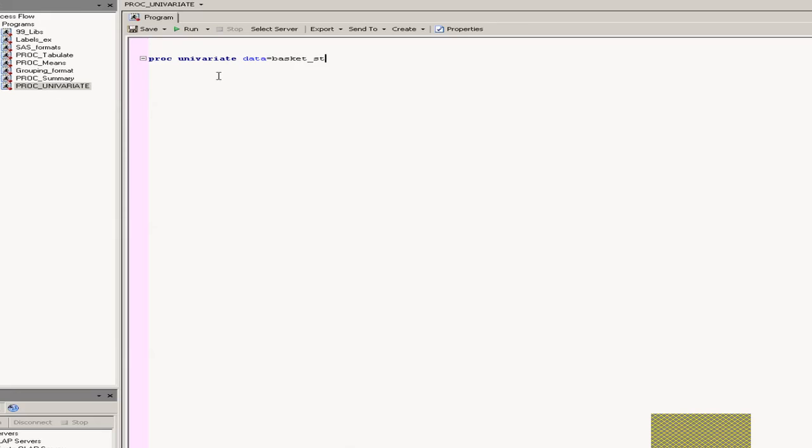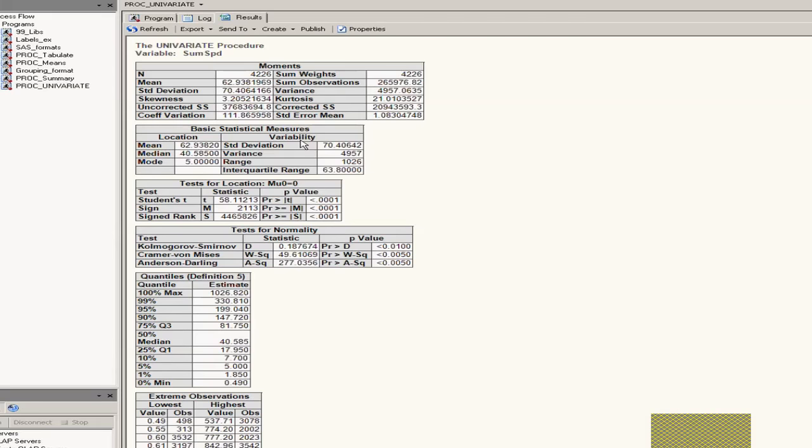Okay. So proc univariate data equals basket underscore stats. So that's the dataset that we want to use. Then we want to use plot and normal, so that we also test for normality options. We want to analyze the variables sum of spend and max spend, so max SPD. So if you just go run, so very simple proc univariate, but you see that you get there lots of